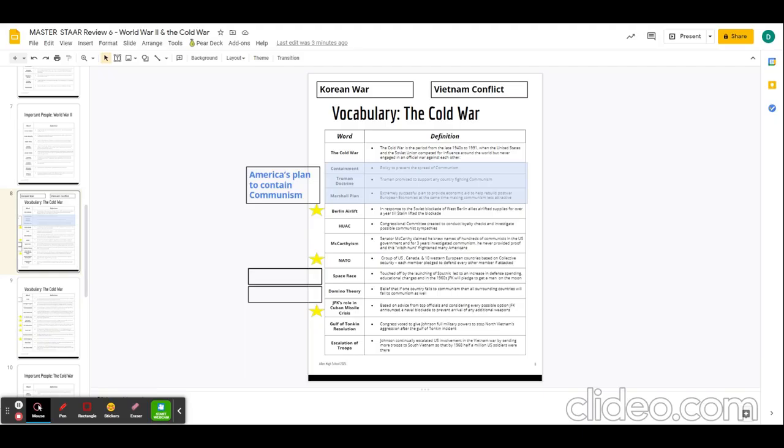And finally, Stalin realized, okay, fine, whatever, I'm not going to win this, and backs off. So this was kind of an early victory for America and Britain in this first standoff.